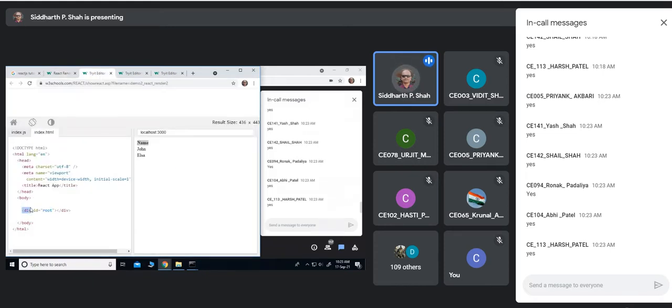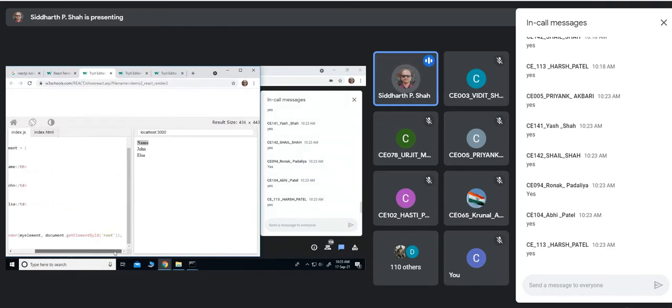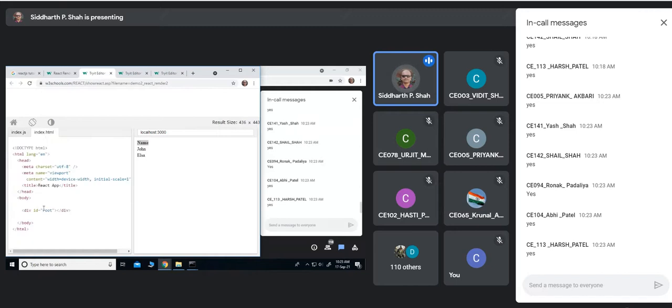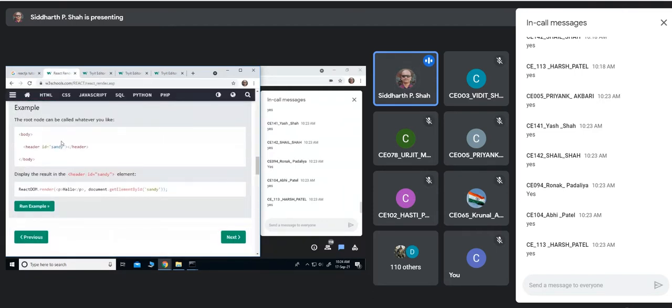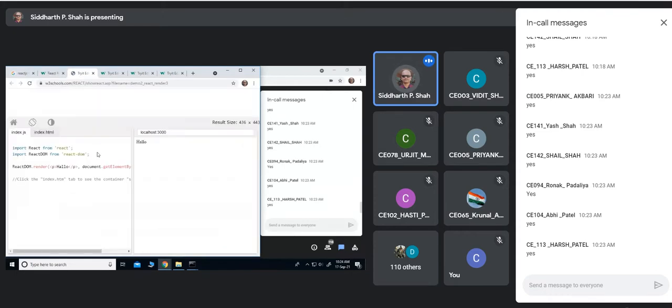This is not compulsory that this should be a division only. It can be any type of HTML tag. And this ID, again, it is not compulsory to have root. Why? Because ultimately we are calling it like this, document.getElementById. If I change this root here and I say ABC, I just need to call here ABC. That's it. And it can be any suitable HTML element. Okay. So for example, here they have given this example. You can see that.